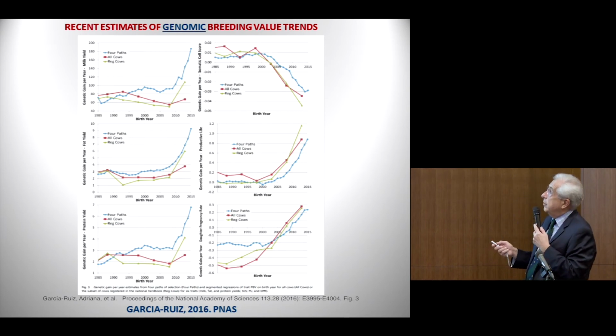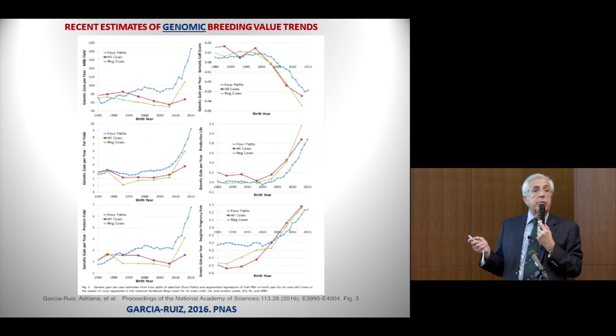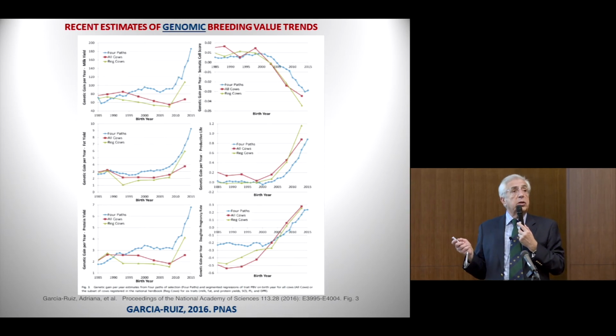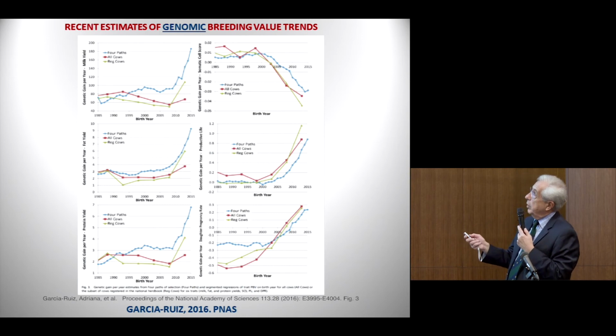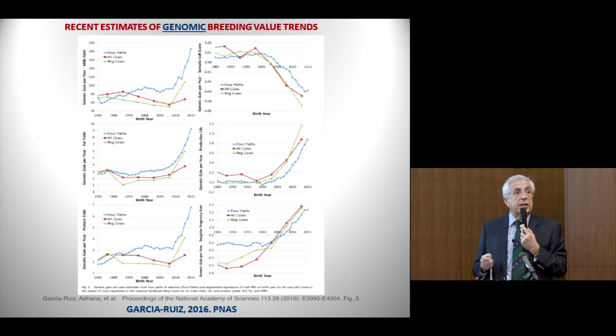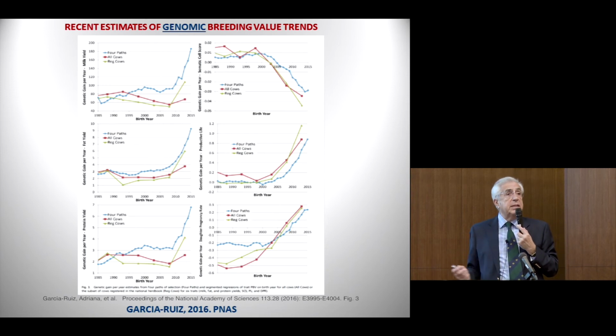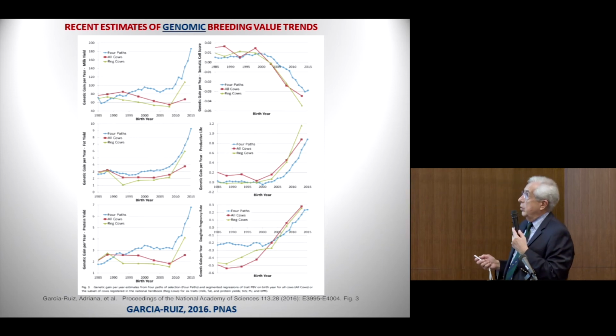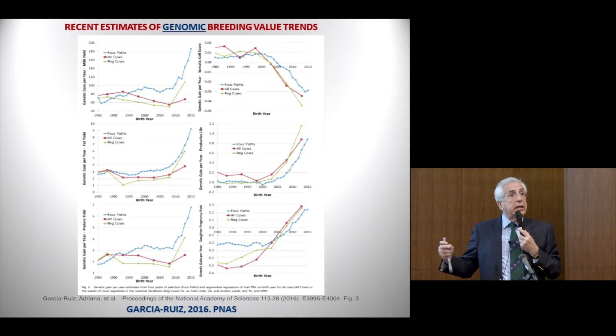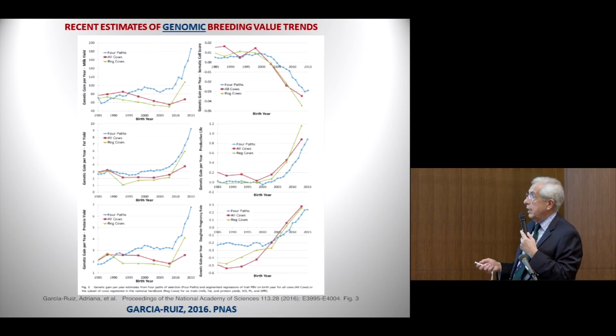And on the right, we have what are called functional traits. This panel is the somatic cell count in milk. The smaller the number of cells, the healthier the cows are. So we are going in the right direction. This is the productive life, namely the number of days that a cow stays in the herd. So the cows now have a larger productive life, genetically speaking, and this is reproduction.